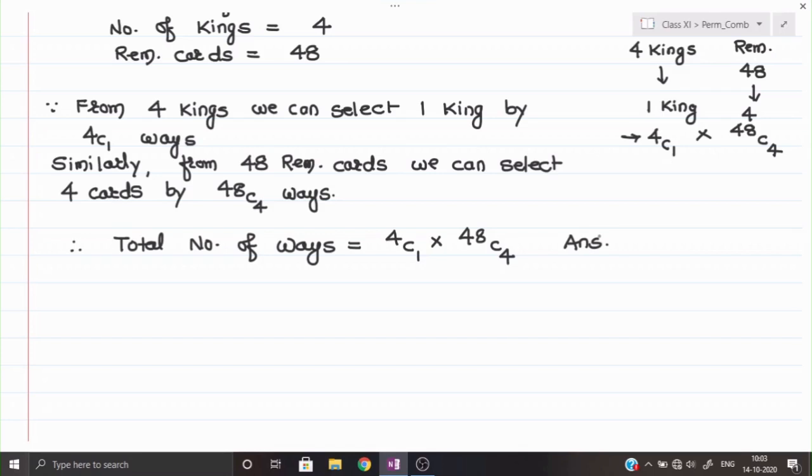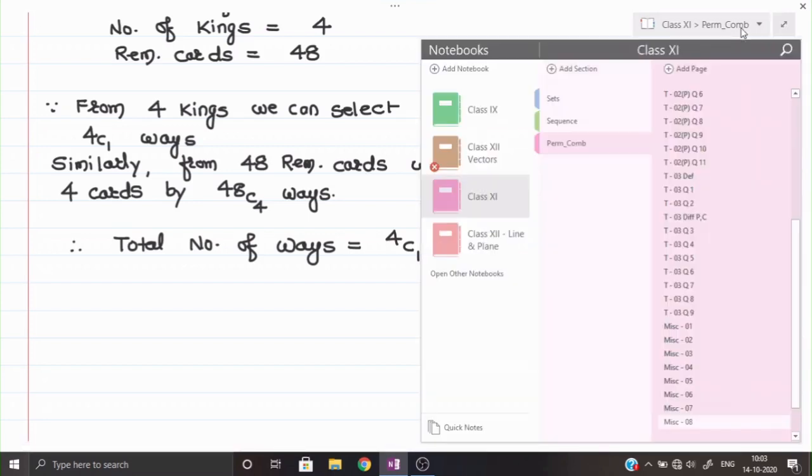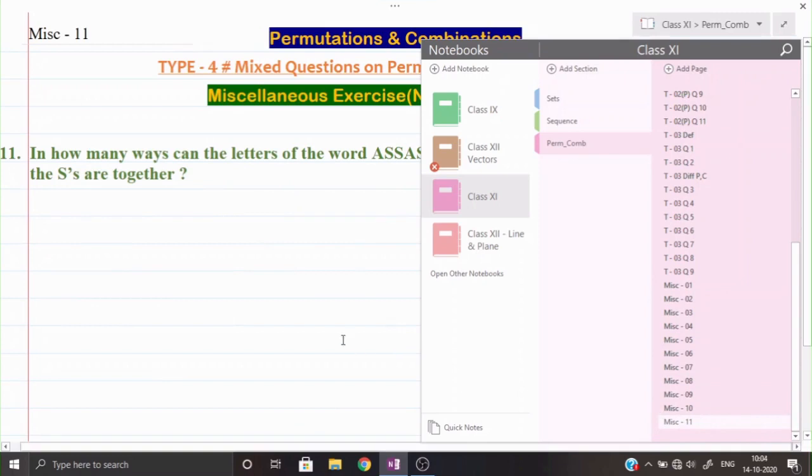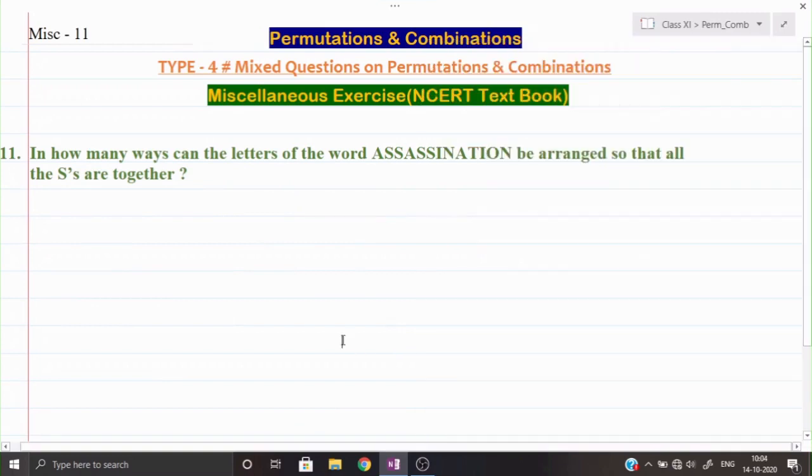Okay, now quickly we shall see one more question to complete the session. I am not taking question number 9 and 10 now. I will take them afterwards, because for those two questions we need to start from the beginning of the session, since they need to be understood in detail. I am taking question number 11 here, because we have covered such kind of questions earlier, so we can do it now.